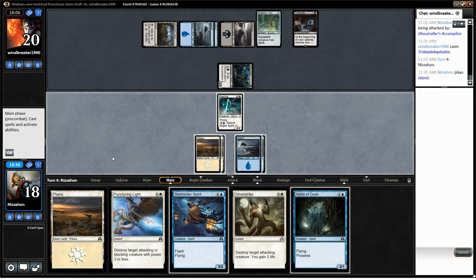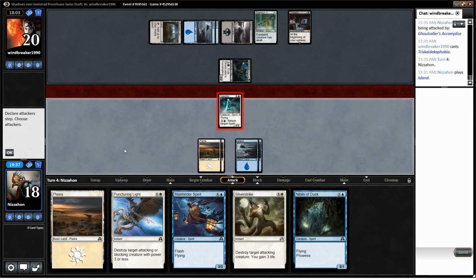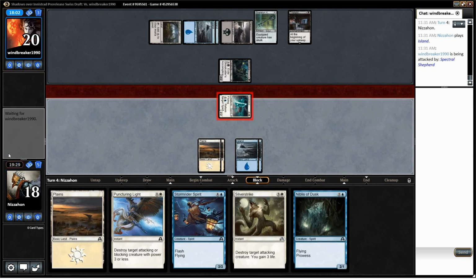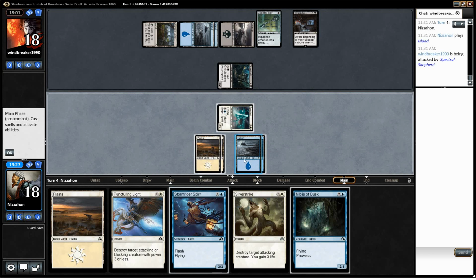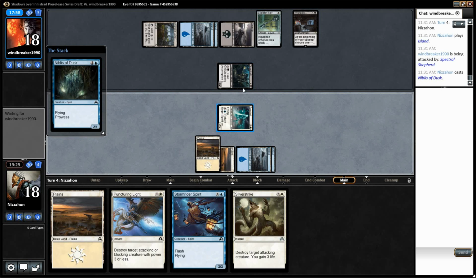We're going to get in for 2. But it does kind of put us on a 5-turn clock. We'll have to play Silver Strike on something at some point just to keep from dying in a few turns. He can also do damage to us, which gets us closer, so it's even less of a clock, actually. But yeah, I'll play my Niblis here. Does mean I'm not protecting my creature, but...